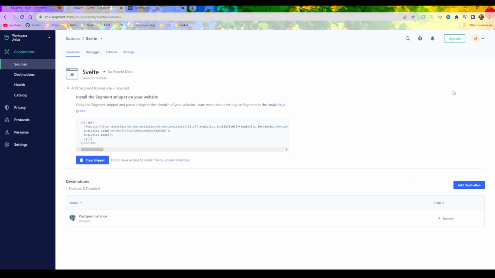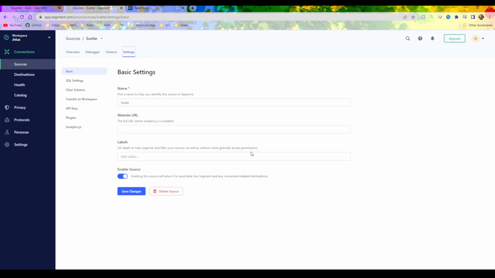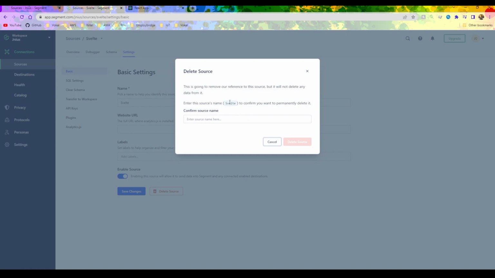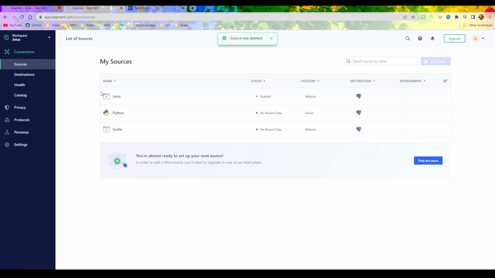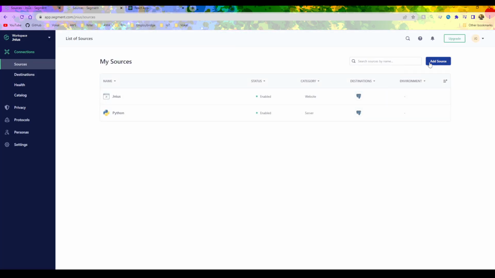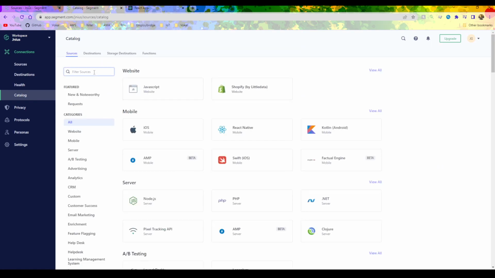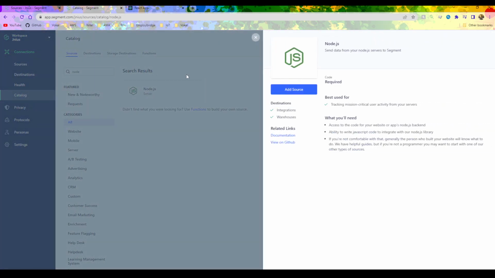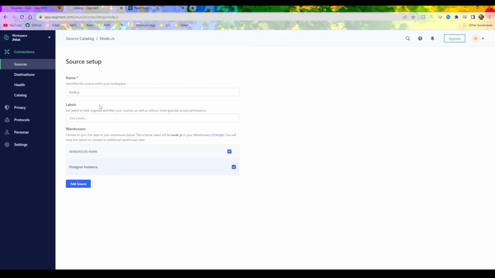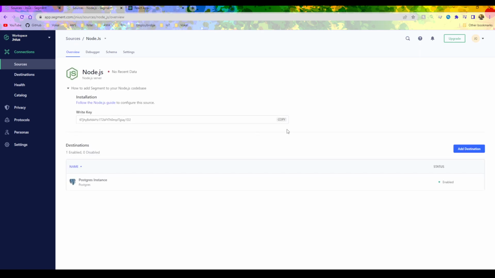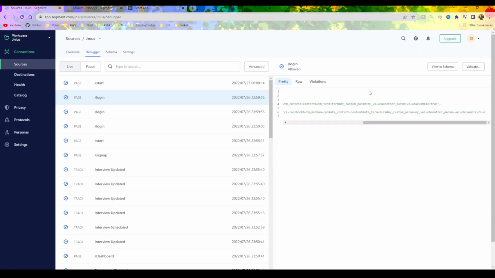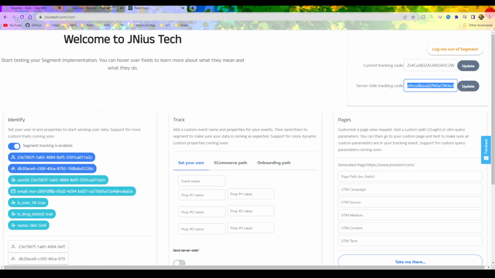I'll delete this, and we're going to add a Node source. It's literally the same thing as Python. So now just copy this. You come up here, add your new code, update this,